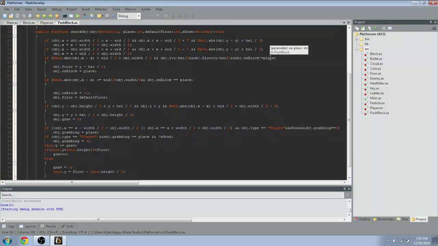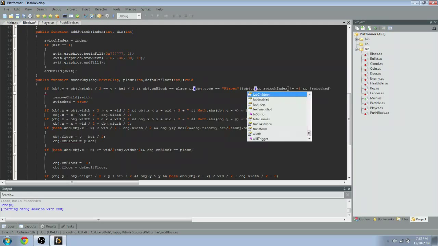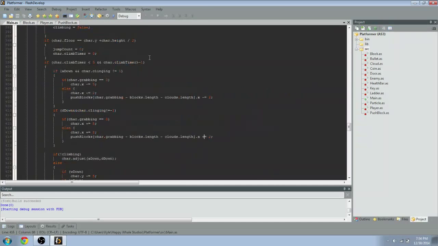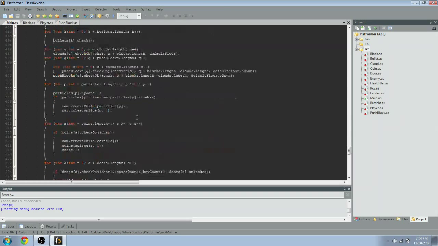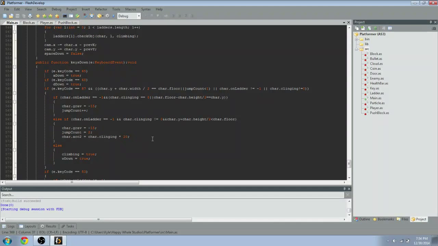So now, what we really want these push blocks for is so that we can put them on switches. So in order to do that, we need to go back into the block class, and it's really only a very simple thing. We're going to go in here and say if the type is player, or type equals push block. And that would do it, but we have to remember that when we hit a switch, 2 blocks leave the array, and when blocks leave the array, that messes up the index of our push block, so we have to go ahead with this part